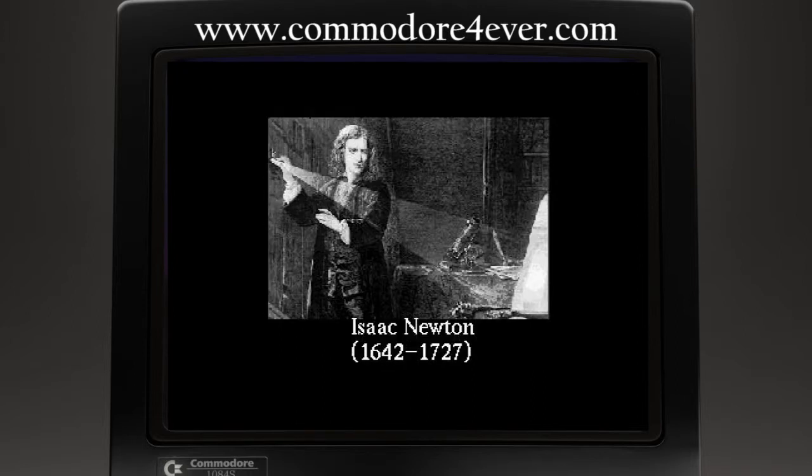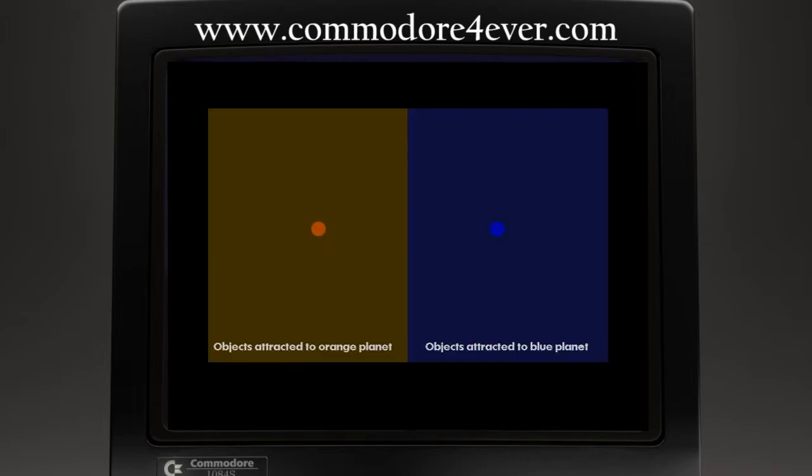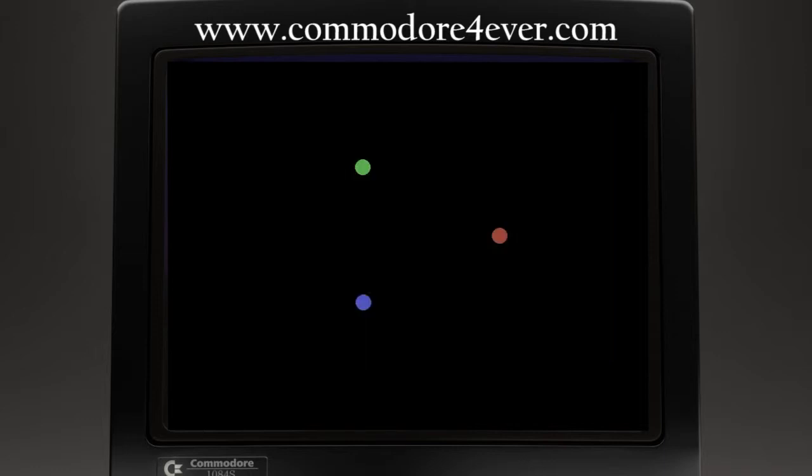Isaac Newton, in his investigations into gravity, carried on with Kepler's work on the motion of the planets. While studying this, he came across a problem. With 2 planets of the same mass, working out the gravitational attraction between them was easy. At any point, the gravitational field would attract an object to one of the 2 planets. The area of gravitational attraction for each planet is easily defined. With 3 or more planets, it suddenly becomes more complex.